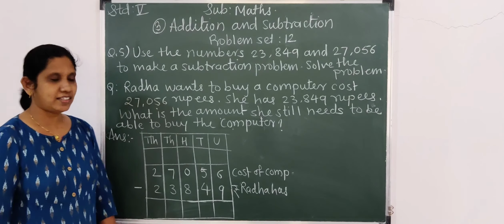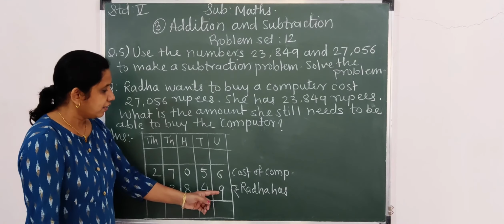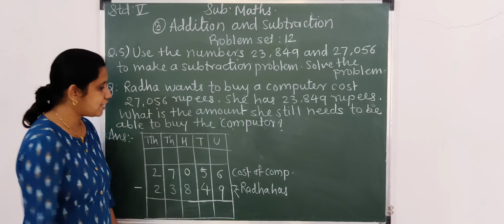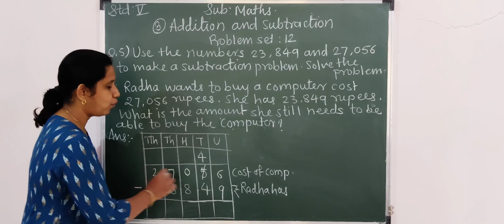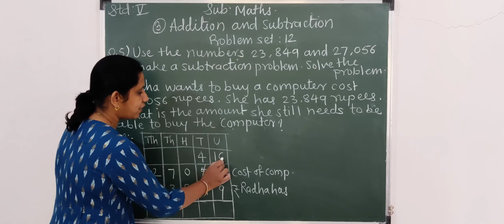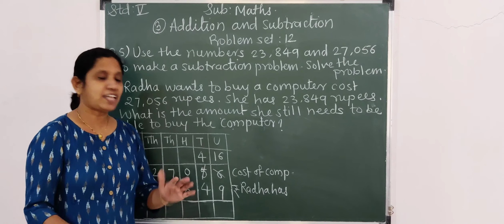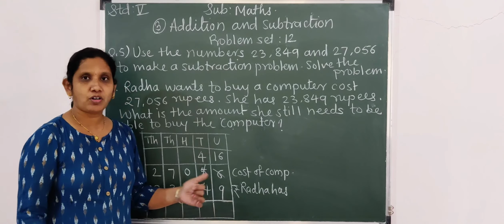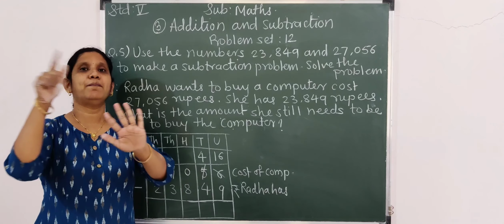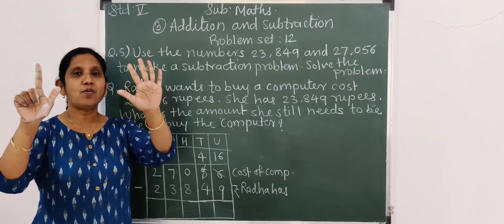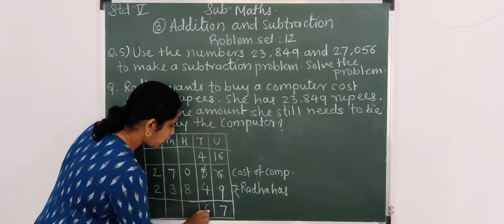Okay, now let's start subtracting. 6 minus 9. Do not worry. We have to borrow from the tens place. Go to the tens place, cancel 5, 5 minus 1 remains 4, cancel 6, it becomes 16. Now 16 minus 9, don't worry, start counting. Next number onwards 10, 11, 12, 13, 14, 15 and 16. How much remains, children? Yes, 7. Now 4 minus 4, 0.